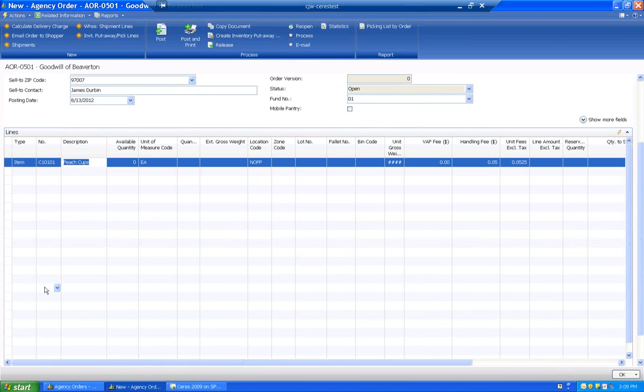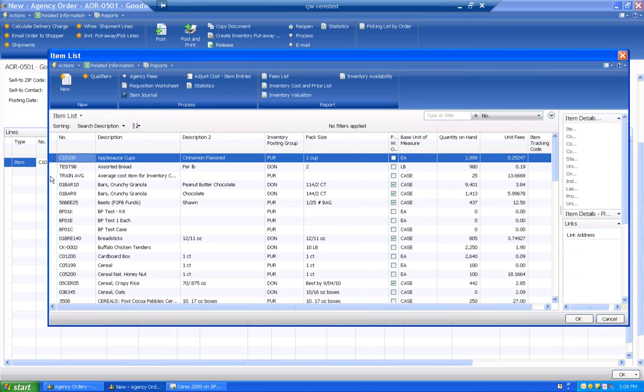Hopefully I typed that right. Nope, I didn't. We got peach cups instead of applesauce cups. 10100. All right, so if we wanted to drill up and look at the applesauce cups again, we can take a quick